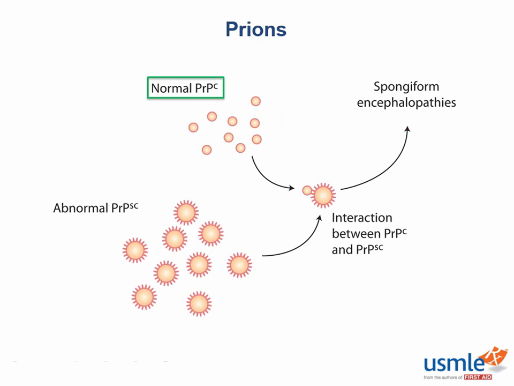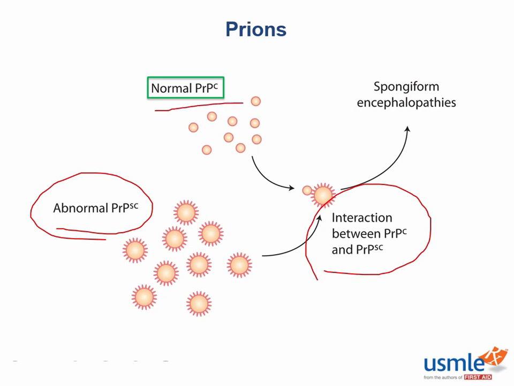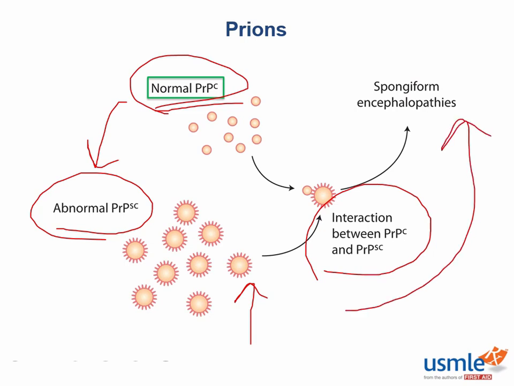An important point to understand about prion diseases is that once these abnormal proteins get into the bloodstream and get into our cells, they actually interact with the normal proteins and cause an increased number of the abnormal protein. So the abnormal protein causes the neighboring normal protein to become abnormal, and these cause the spongiform encephalopathy. So it's this interaction between PrP-Sc and PrP-C that causes an increase in the PrP-Sc, ultimately resulting in the spongiform